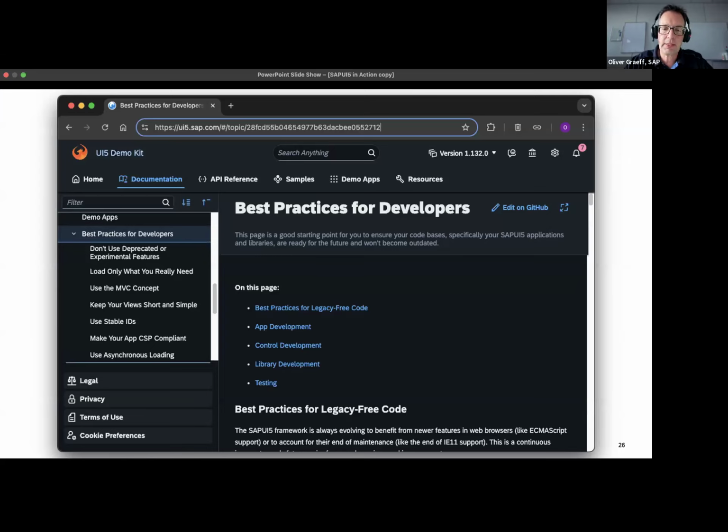Now, the important aspect here is, with SAP UI5, we have version 1 dot something, as you can see here, for always, right? It always was, or is, version 1 dot something. So there's no incompatibility. If you go from one UI5 version to the next, the application should work in the same way. I know sometimes there are bugs and issues, but in principle, it should work. And that means if all applications are upgrade compatible, there is a lot of